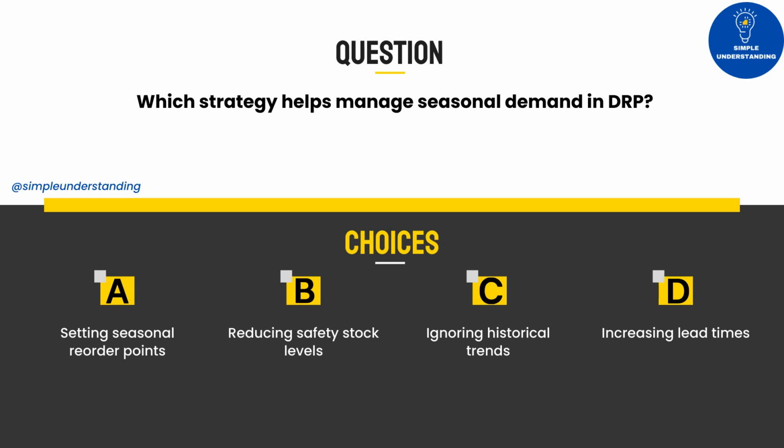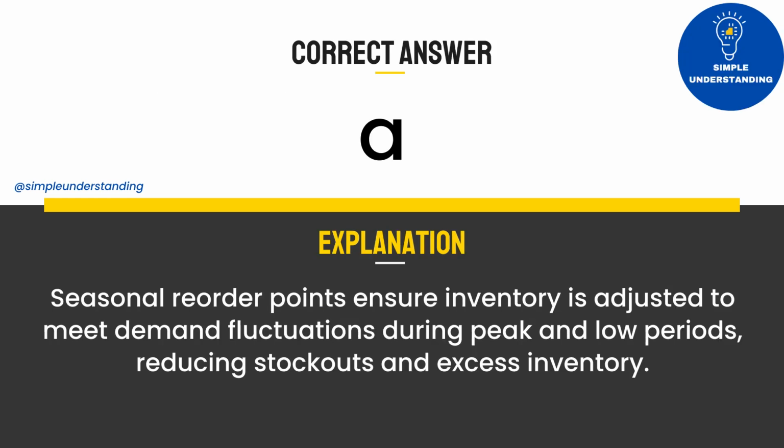8. Which strategy helps manage seasonal demand in DRP? A. Setting seasonal reorder points. B. Reducing safety stock levels. C. Ignoring historical trends. D. Increasing lead times. Answer A. Explanation. Seasonal reorder points ensure inventory is adjusted to meet demand fluctuations during peak and low periods, reducing stockouts and